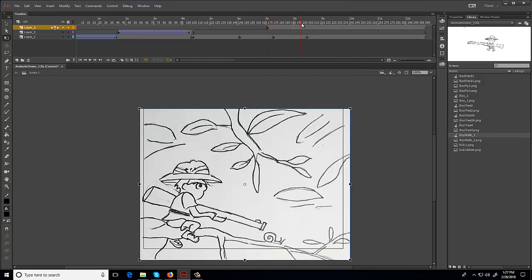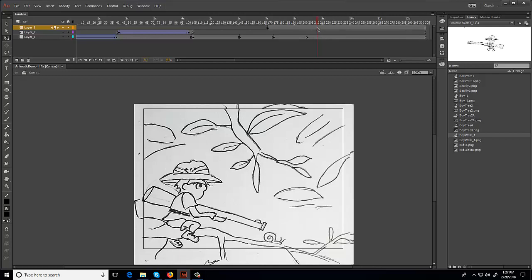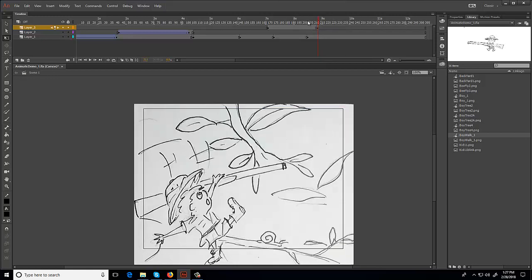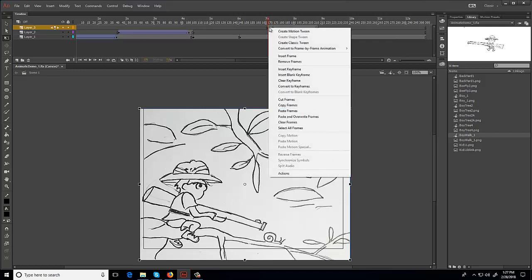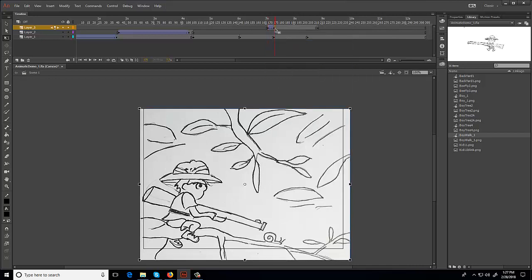and so this is on top here, and I'm going to take it all the way to here, make a keyframe there, and then make an empty keyframe there. So this is on top of this layer here, this image. And what I'm going to want to do is go to this frame here. So I'm going to press F6, and I'm going to go to the first keyframe there and create classic tween. And we have nothing going on here, but what I'm going to do is click on that image in my